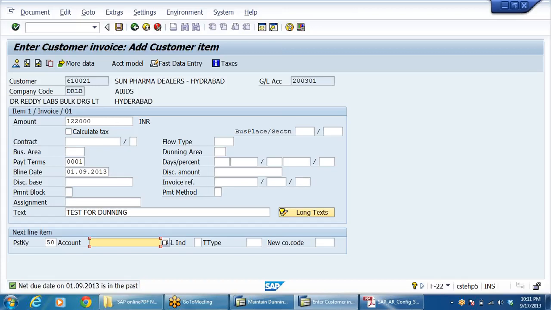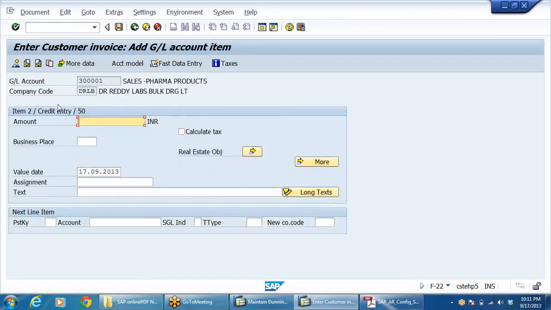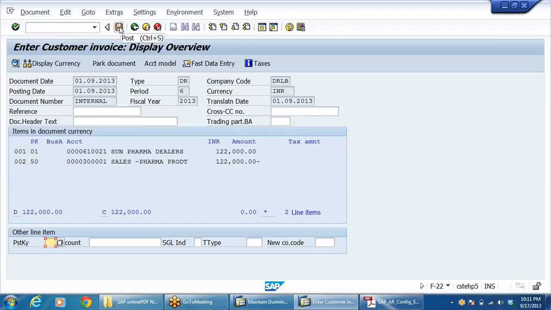Customer account data to sales. 3 lakhs 1. Save it.